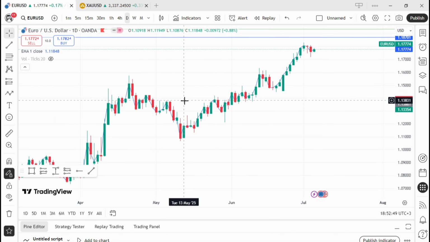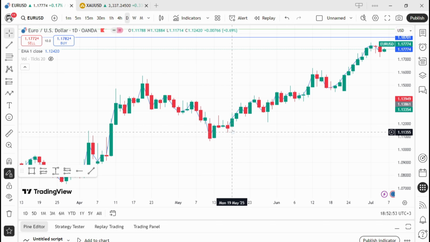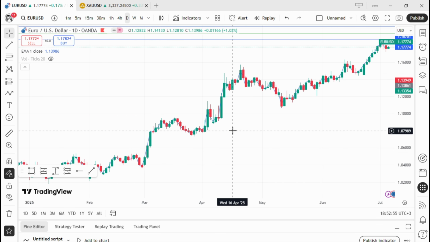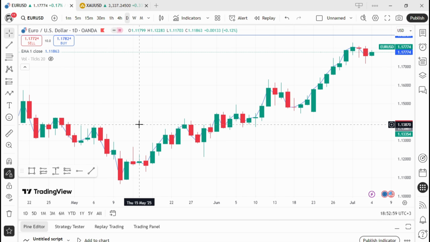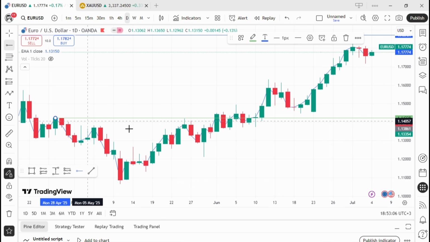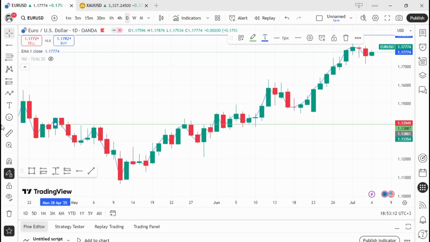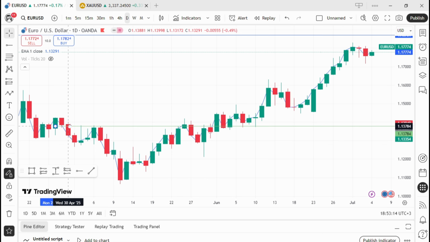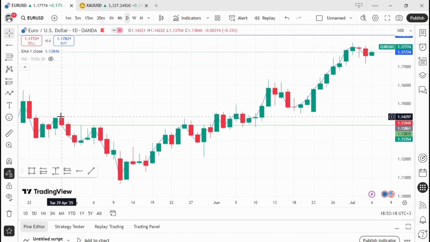Let me give you a good example. I don't want to go far. Look at this. At this point, the overall, even monthly, was bullish. But even if we were to take this gap between these two candlesticks, if you look at this level,